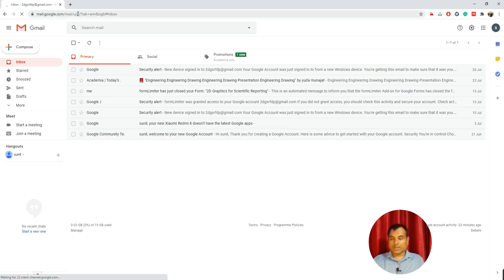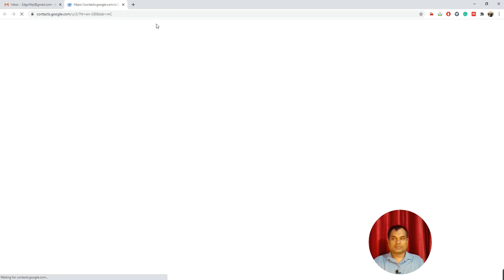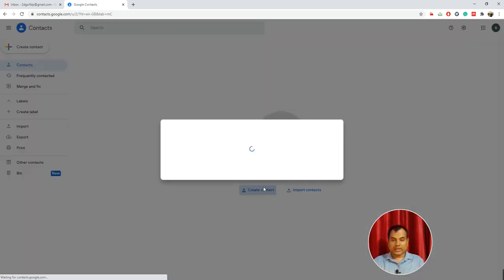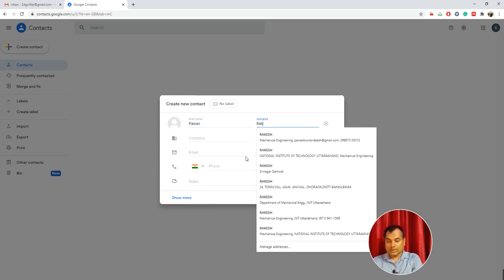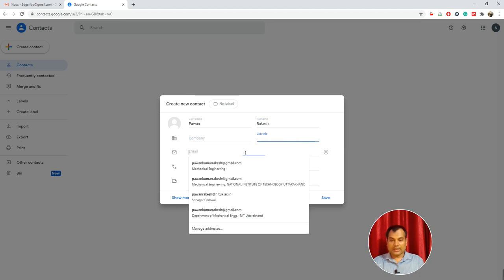Before sending the email, I have to create a contact in Gmail. I can select it from here, contact, and create the contact. Suppose I write Pawan Rakesh. Company name, title, and then the email address.